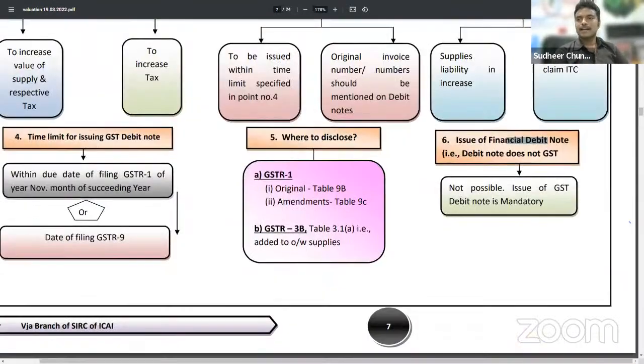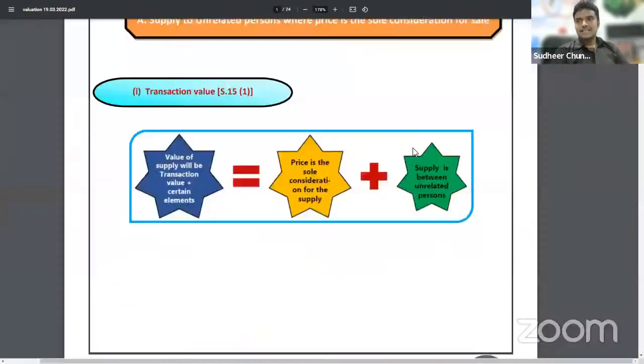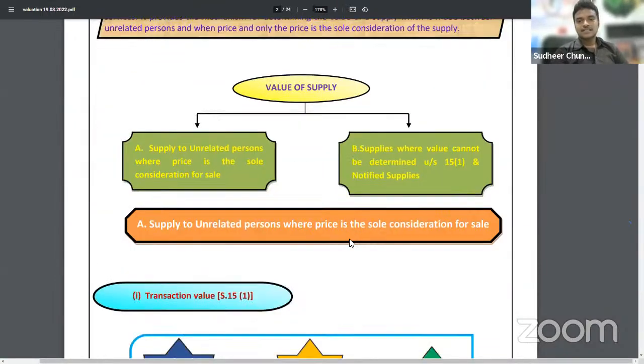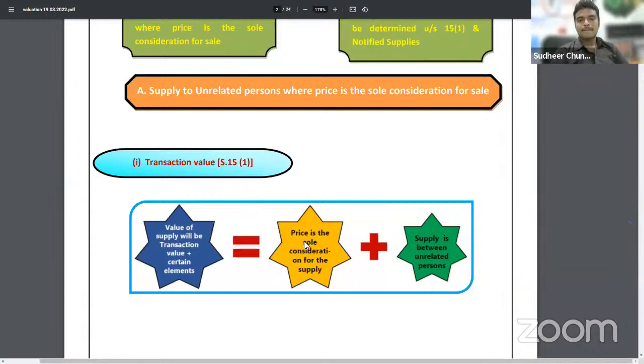Sir, we have completed our first part. What is the first part? When both the conditions were fulfilled. That means, let me try to have a quick recap. When price is the sole consideration per sale, plus supply between two unrelated persons, in such cases, what will be